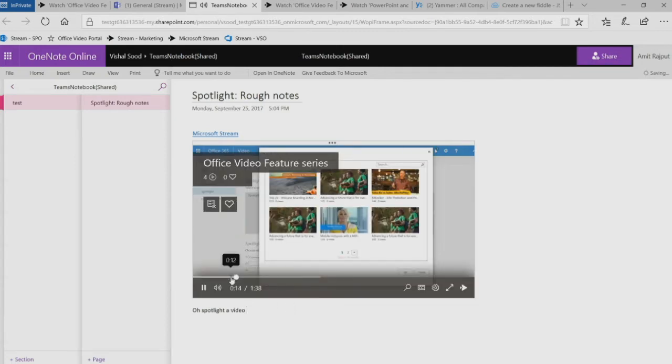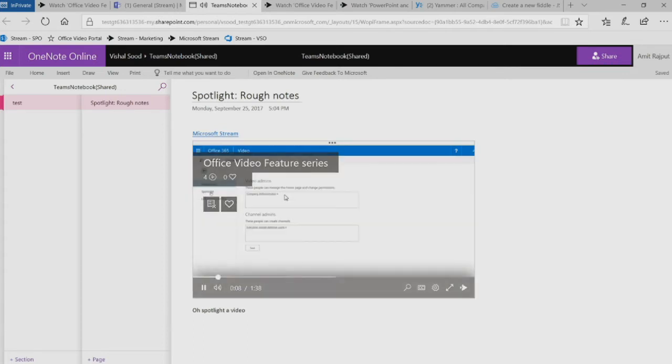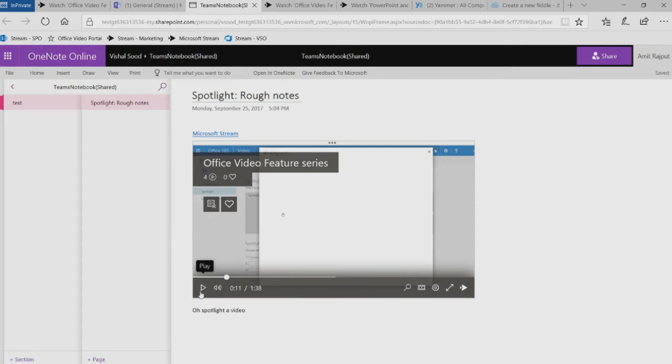Now that I've gone through and seen this, I want to just make sure I count all the spots that they talked about Spotlight. So I can actually search right on the transcript, right inside of this embed. Okay, so there's another mention here. Let me jump to that point in the video. Very cool, very powerful for me to find what spots I need in order to create my notes. So I think I've done a little bit of research here. Why don't I go ahead and start writing a spec for this?